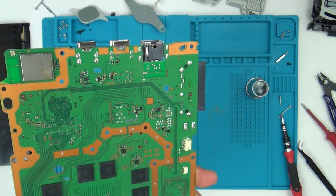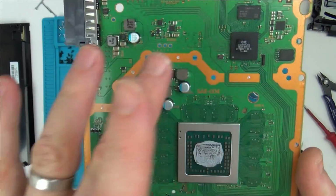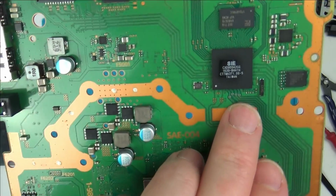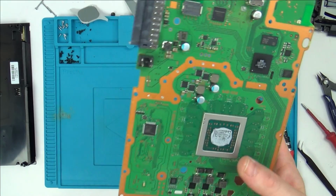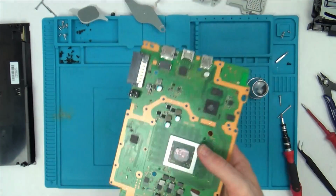So I think, obviously, it could be loads of things. If this is looking for all the different parts on the board, then if there was a resistor somewhere not allowing the path to go through, if it was open for whatever reason, then I presume that could cause it. But if most people are saying it's APU related, which is this big chip here,